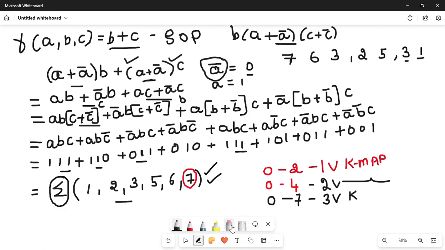It is 0 to 3 students, I'm sorry, just a minute, I'll just rewrite this. So the 0 to 1, it is 0 to 3, and it is 0 to 7, and it is once again a 3 variable K-map, and 0 to 16 is a 4 variable K-map,